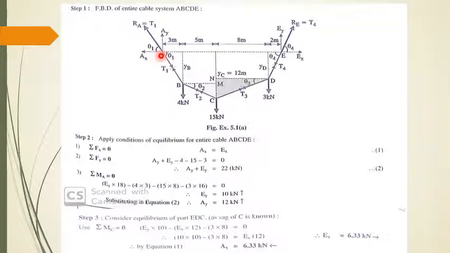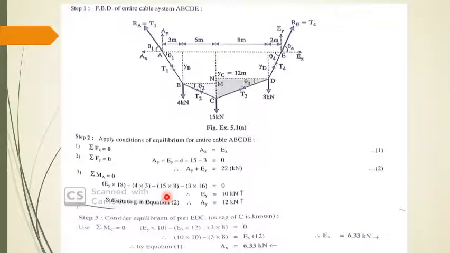With this, I see that EX is at the same level as AX, and hence there will not be any moment of EX with respect to point A. Only moments will be of the 4, 15, 3 kilonewton loads and the reaction component EY. So take the moment about it: EY multiplied by 18, it is a clockwise moment, minus 4 multiplied by 3, minus 15 multiplied by 8, minus 3 multiplied by 16 equals 0. If I solve this equation, I'll get the value of EY as 10. From equation 2, I know that AY plus EY is 22. So with that, I'll get AY equals 12 kilonewton. Both are acting upwards.